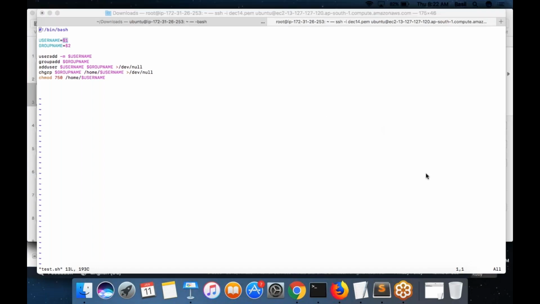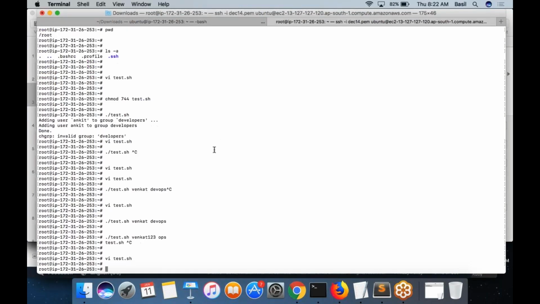Before using export, directly you can call ./test.sh also. It will directly create that home directory, that path. Yes, that's what we did. We ran the command ./test.sh, then passed the username. If we don't use ./test.sh, we need to use export before, correct? Yeah, if you want to run the same command, let's say now you executed using dot slash, or otherwise you have to specify the complete path. This is the only way you can execute the script.